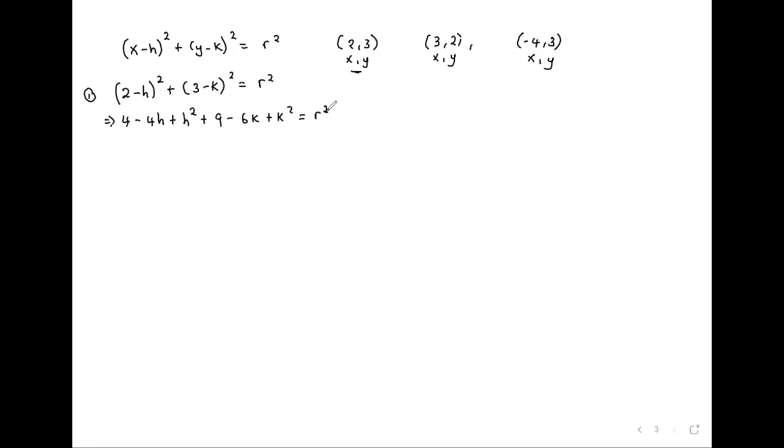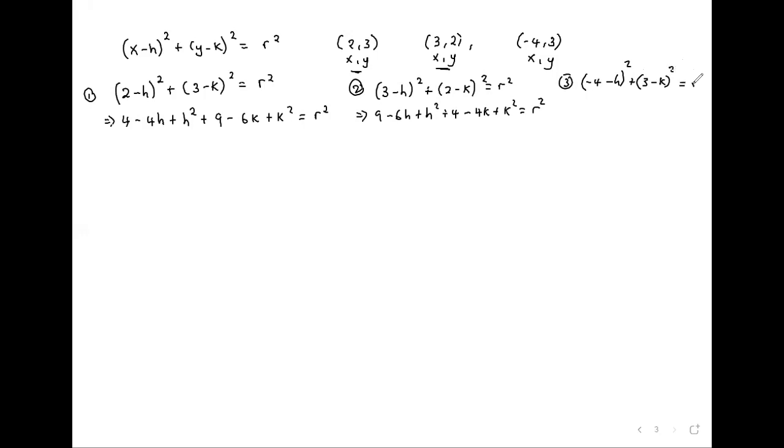And then the next one, equation 2, you take this point now, where there is x, we put 3 minus h squared plus 2 minus k squared is equal to r squared. Again, we expand, so we get 9 minus 6h plus h squared plus 4 minus 4k plus k squared is equal to r squared. Then equation 3, you take negative 4 minus h squared plus 3 minus k